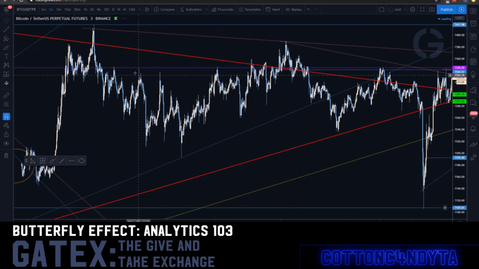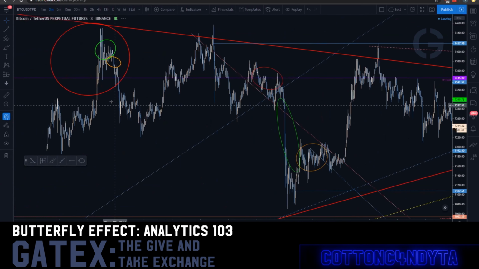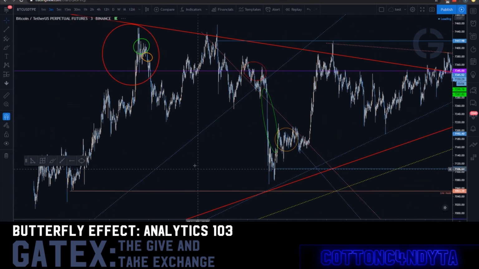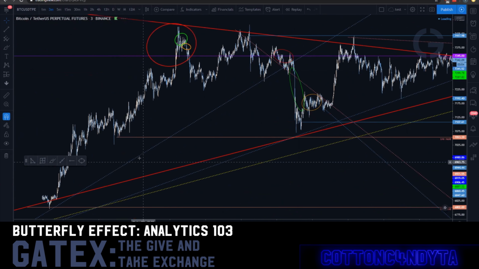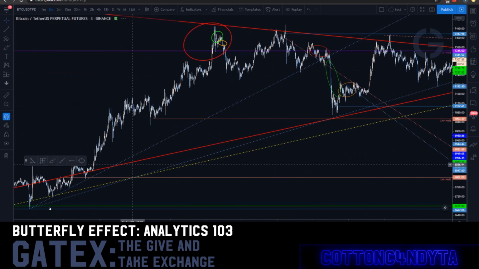So if I go back to what was this one I was talking about? Yeah, this one. Okay. So then we're coming around here. I was looking at this particular trend from down here coming up. There's the daily uptrend, obviously, but I was looking at a more local trend here and going, okay, it's coming back, it's hitting its hold, it's hitting its leg, surely it's looking to break down.